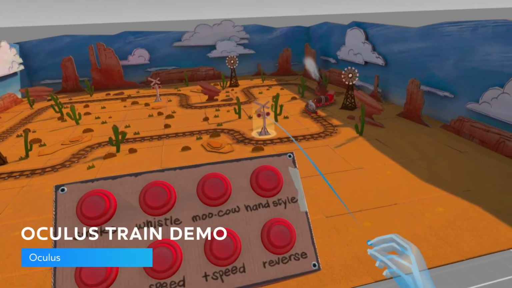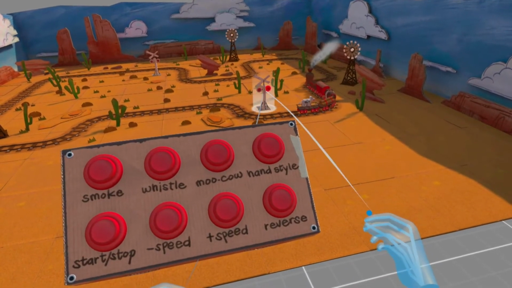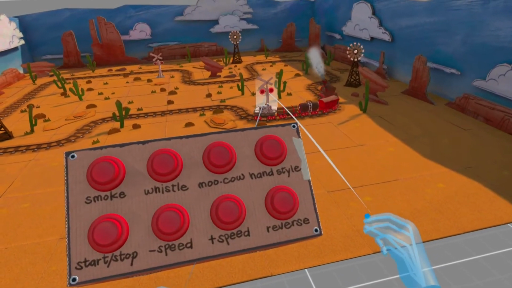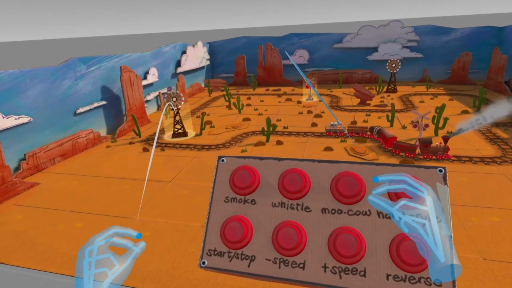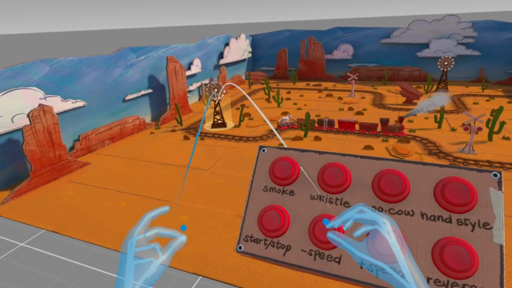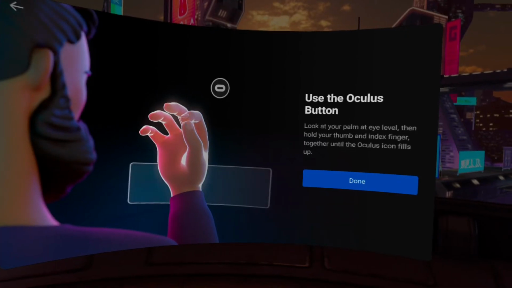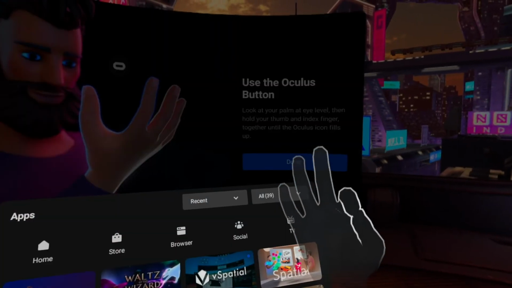We here at Oculus commonly refer to this as Raycast and Pinch, which is pretty much what it sounds like. When you implement Raycast and Pinch, a ray will cast from a point just below the user's palms. To trigger an interaction, the user will then pinch their index finger and thumb together to cause the interaction. If you've already played with hand tracking enabled inside of Oculus or used the Hands app, this is the first